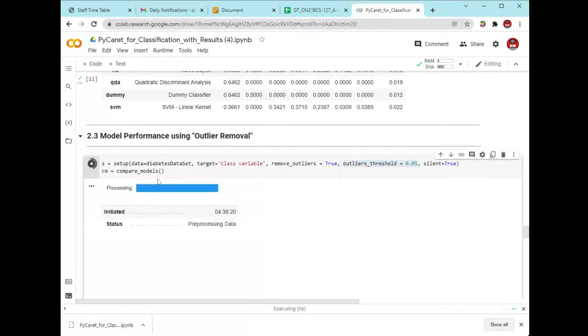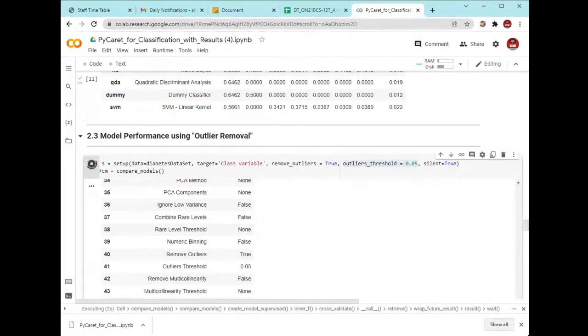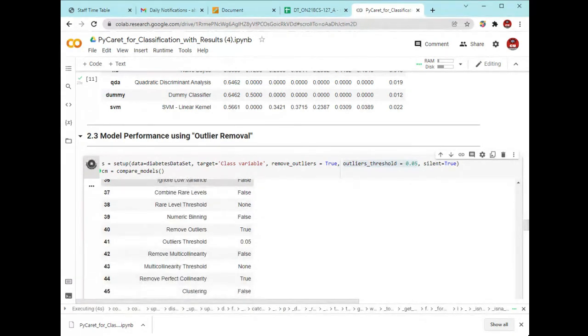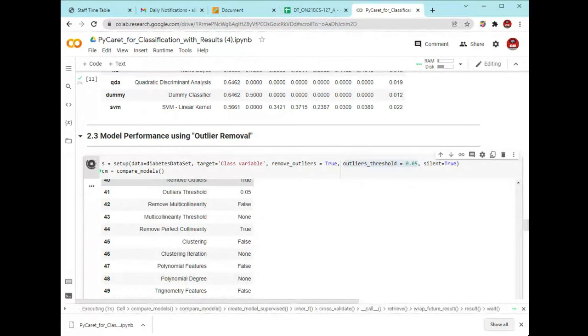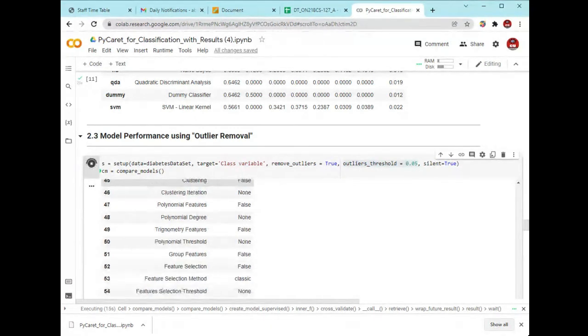So you will execute this line of code and compare this model. If you apply outlier removal, does your accuracy increase or decrease? You compare this model after performing this operation.